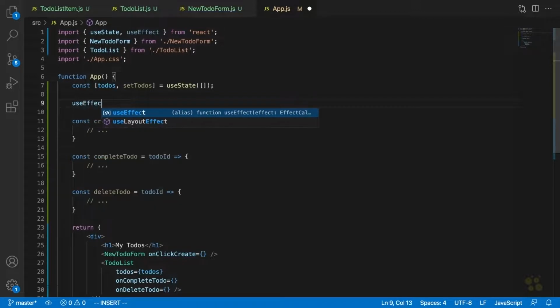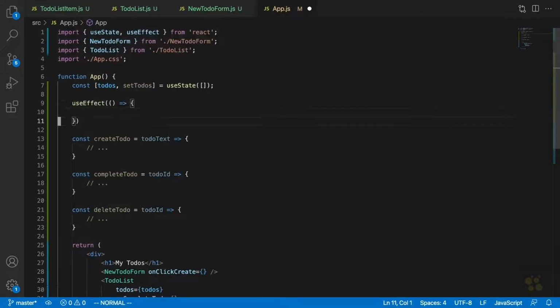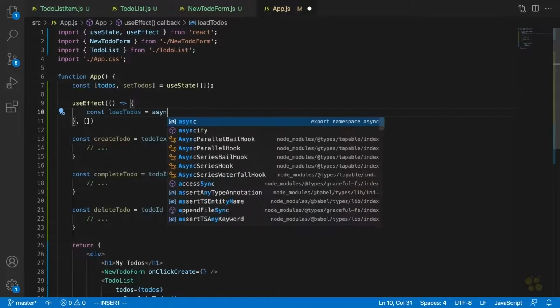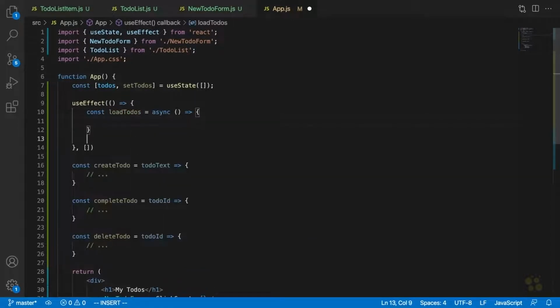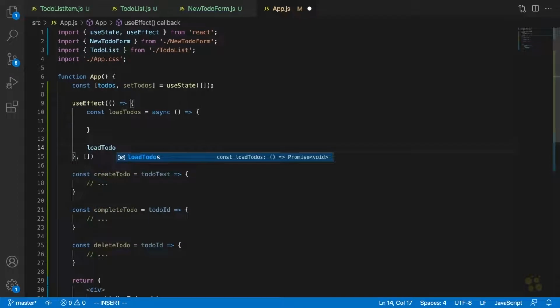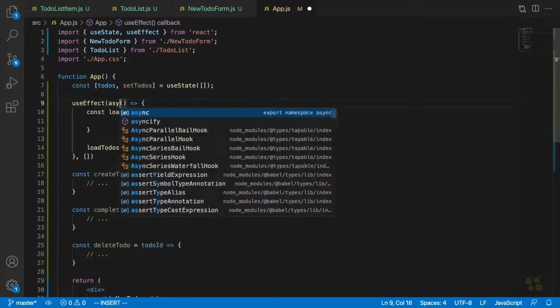which is this one. We're going to say useEffect, and we want this effect only to be called when the app component is first rendered, so we pass an empty array as the second argument here. And inside this useEffect, what we're going to do is define an asynchronous function that will actually load the data for us. So we'll say something like const loadTodos equals async, and then we'll actually call that function here. And the reason we do it this way, and the reason we can't just put async right there on